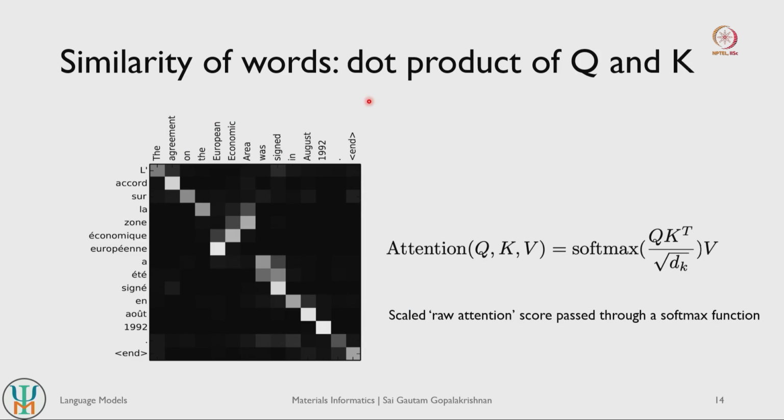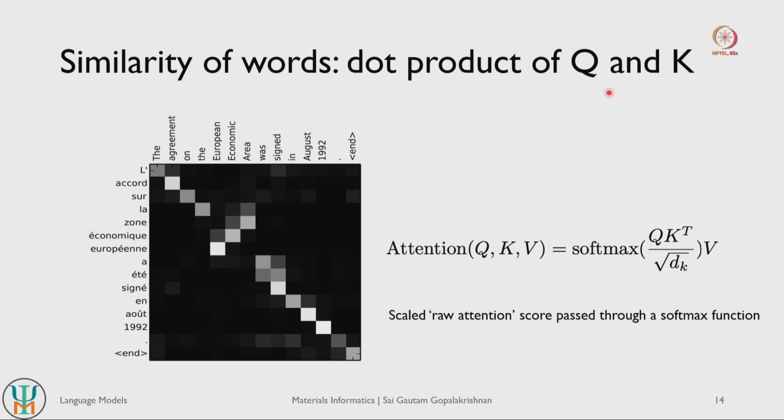So how do we actually quantify the similarity of words? Let us say you are looking for an association with a query, and this is the information that you already have, which is the key. If you take a simple dot product between your query and key, that should give you the similarity between them. If the dot product is close to 1, then the vectors are overlapping with one another, in the same direction. If the dot product is 0, then they are orthogonal to one another. Very similar mathematical idea here.